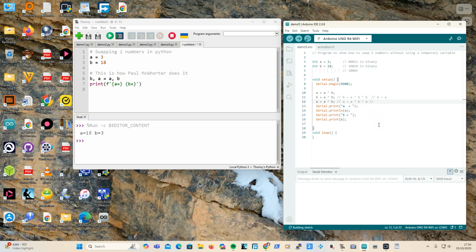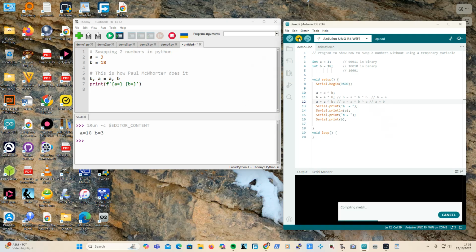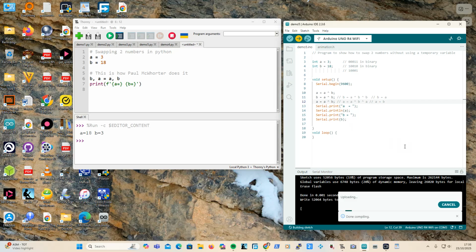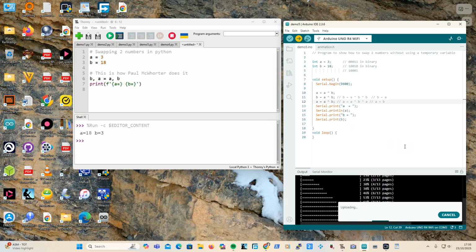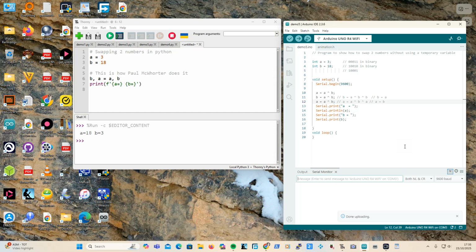And if you look at that bit, you've got the two A's that cancel each other out. So what you've got there is A equals B, which is exactly what you want. And I will just prove that. There. And that means it's more efficient because you didn't need to use a temporary variable,